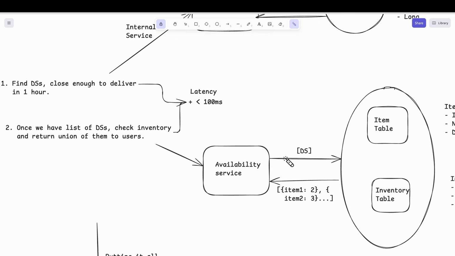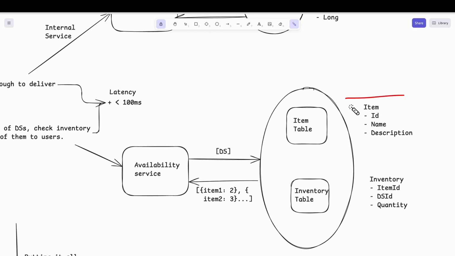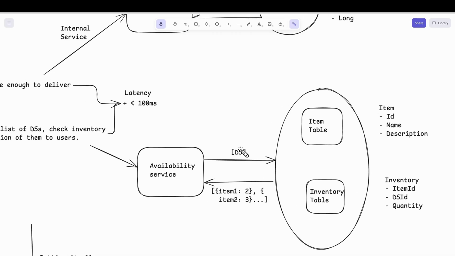This tries to query our item table and the inventory table, which will have a structure of this type: item having an ID column, name column and description; inventory having item ID, DSID and quantity. So this will query based on the dark store ID that we have and try to join both of the tables to get the name and description and return from this